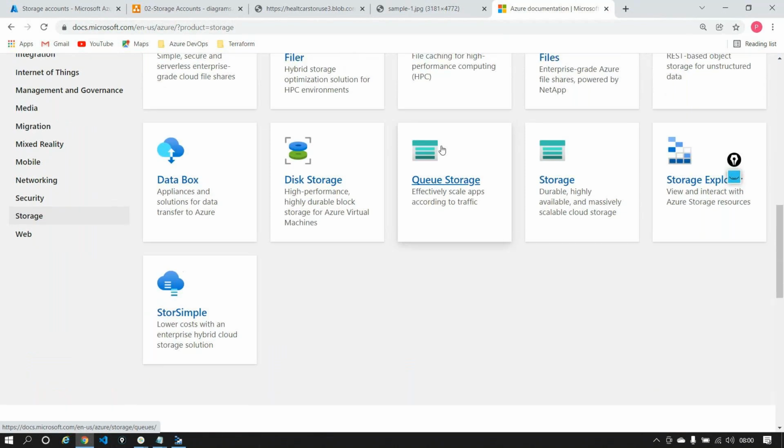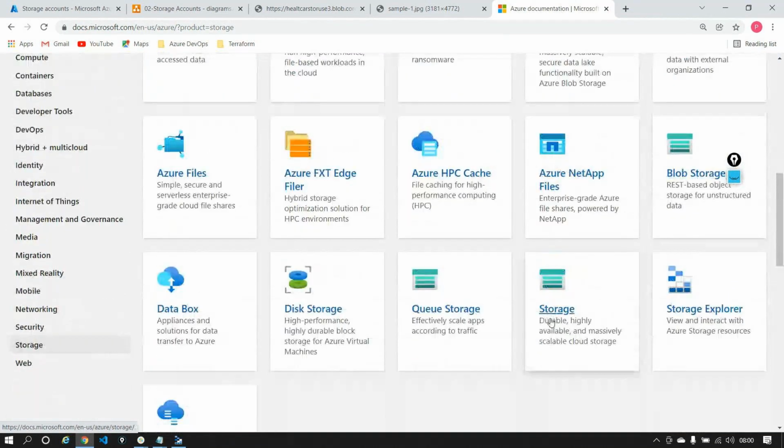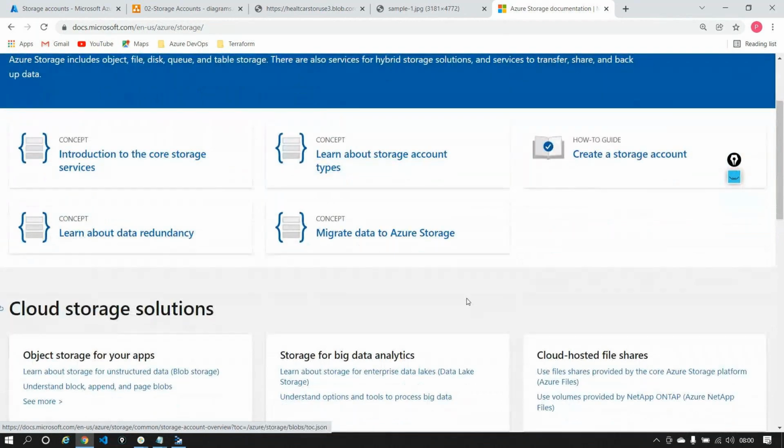Here, do you see all these things like blob storage and everything? This is what I'm looking at, storage. What is the storage service and so on? So if there is something that I feel you have to read, I'll share the link. Everything that I'll be telling is from docs.microsoft.com, or the Azure documentation, that I'm actually pointing to.